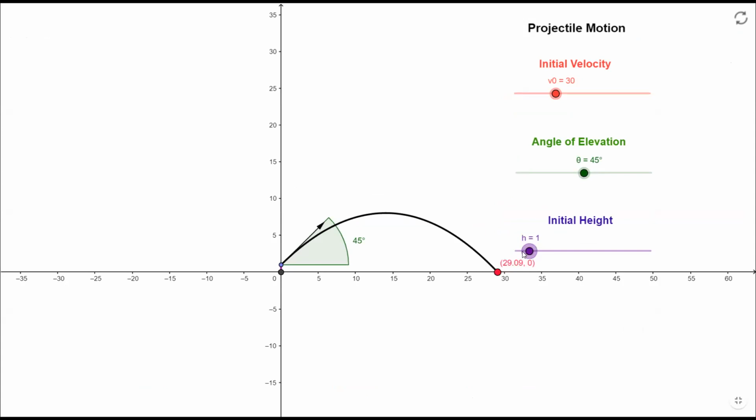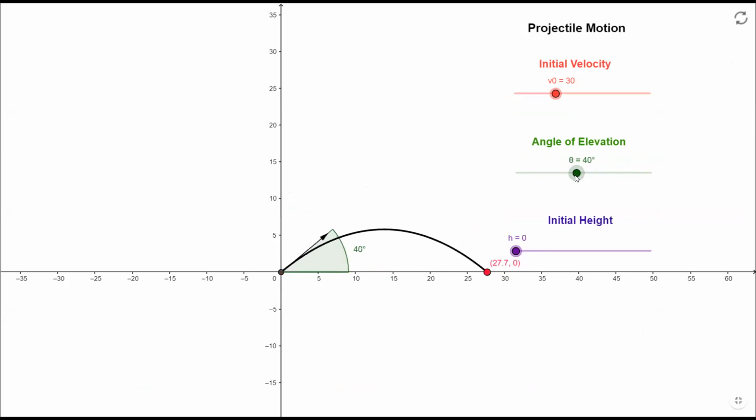You can see if I reduce the height and throw the ball at 0 degrees, the ball will go straight in the x direction. If I increase the angle to 90 degrees, the ball will go vertically upward, as I have shown in the last worksheet. Now, if I keep the angle between 0 and 90 degrees, suppose I keep the angle at 40 degrees, and the ball is thrown at a velocity of 30 meters per second.